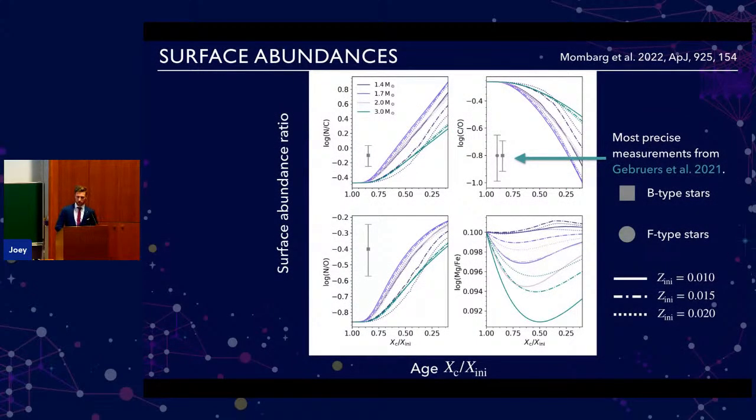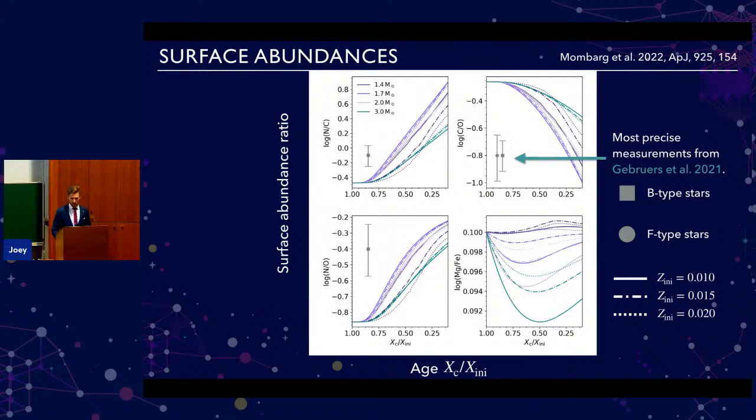Another cool thing about this formalism is that we can now predict the evolution of the surface abundances, so the abundances of the elements at the surface. I'm showing you here some surface abundance ratios for carbon, nitrogen, and oxygen, as well as the magnesium to iron ratio. The magnesium to iron ratio is the ratio that we can typically measure the most accurately in these kinds of stars. But unfortunately, our models predict that this value is more or less constant. So there you couldn't really observe this.